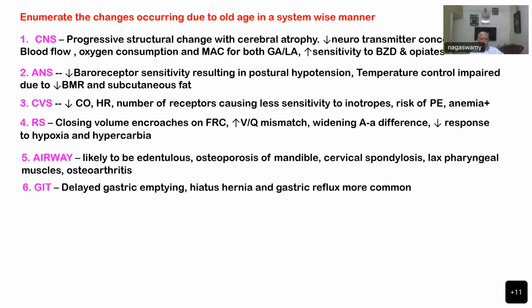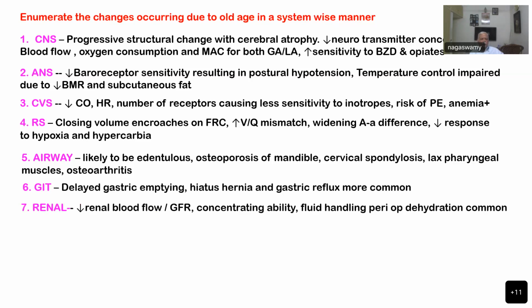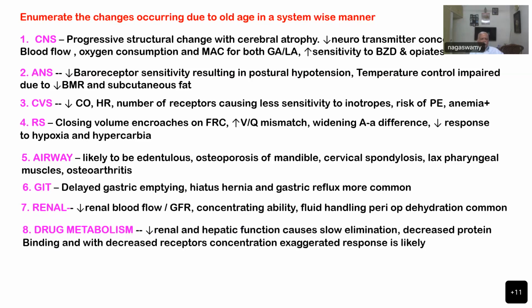And GIT: delayed gastric emptying, hypotonia, gastric reflux more common. Renal: decreased renal blood flow and GFR, concentrating ability is decreased, fluid handling, perioperative dehydration very common. And drug metabolism: decreased renal and hepatic function causes slow elimination, decreased protein binding, binding with a decreased receptor concentration,